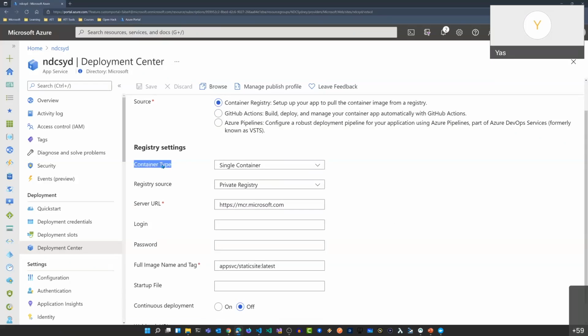Then you have the container type. Again, this is a bit more advanced than the container instances. You can have a single container or you can have a Docker Compose, which is in preview. So I don't recommend using that for production purposes, but it's a great way for you to get started before this feature goes to GA, or general public availability, so that you familiarize yourself and you can run multiple containers easily